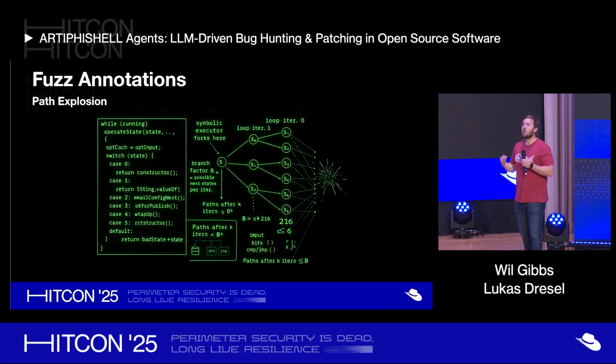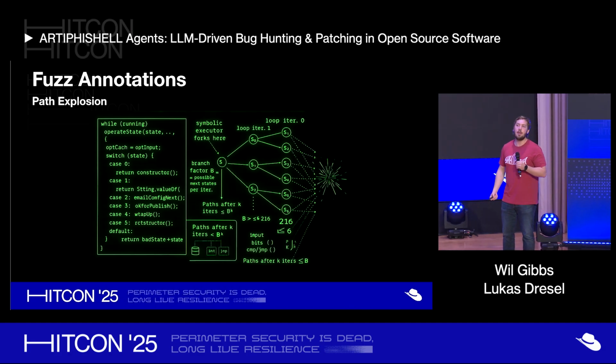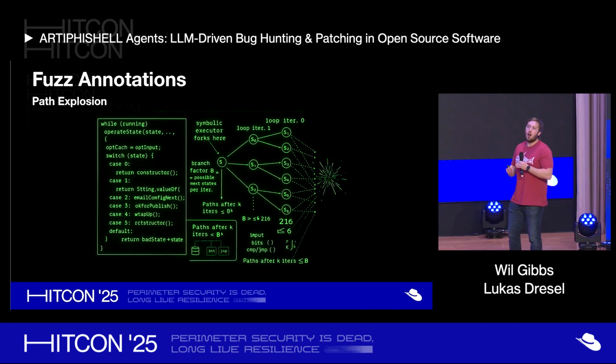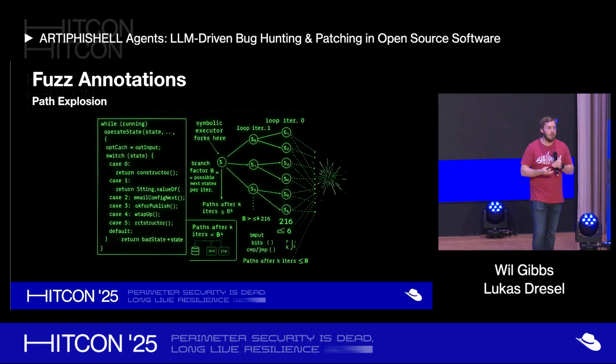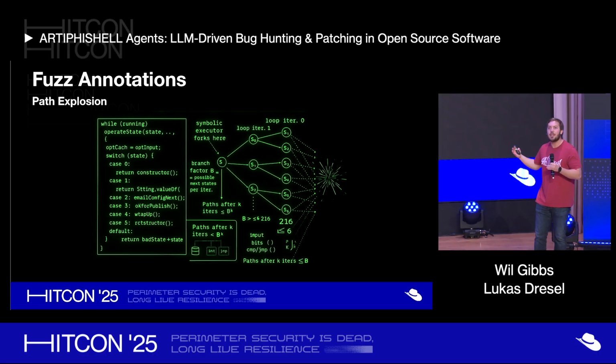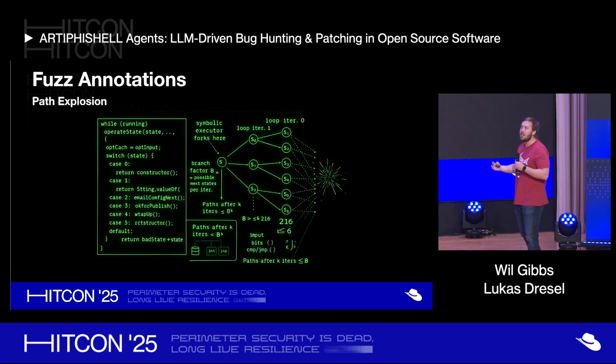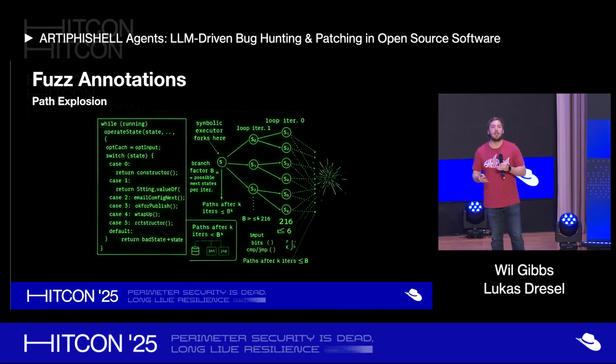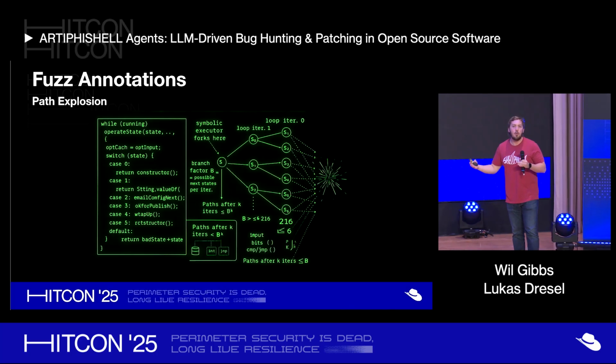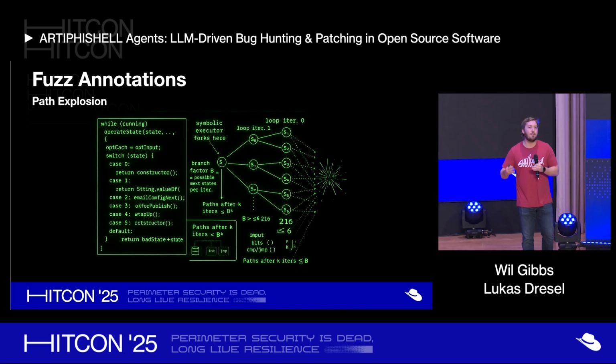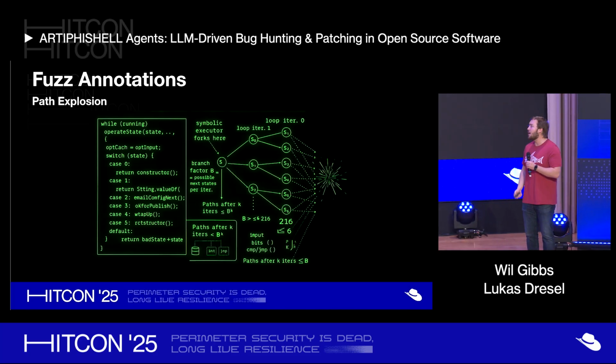The issue that arises is, why don't I just insert annotations in every line of code? If I do that, then eventually I'll hit all the stateful locations. The issue, though, is you end up with a state explosion. If you instrument everything, then your coverage is almost meaningless at that point. Every single thing you find is considered new coverage, and it's not really worth it.